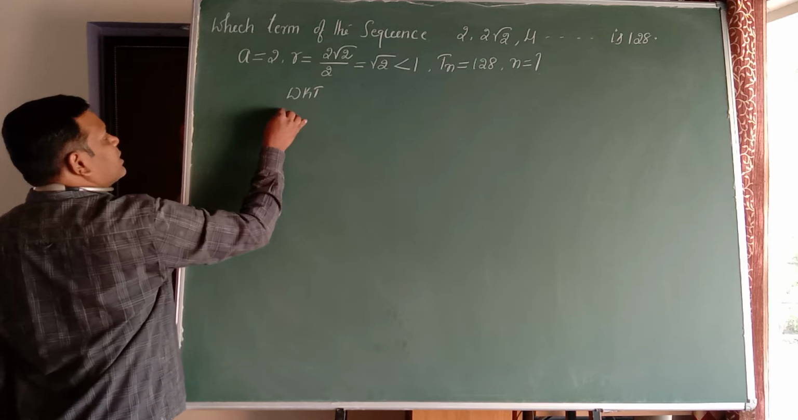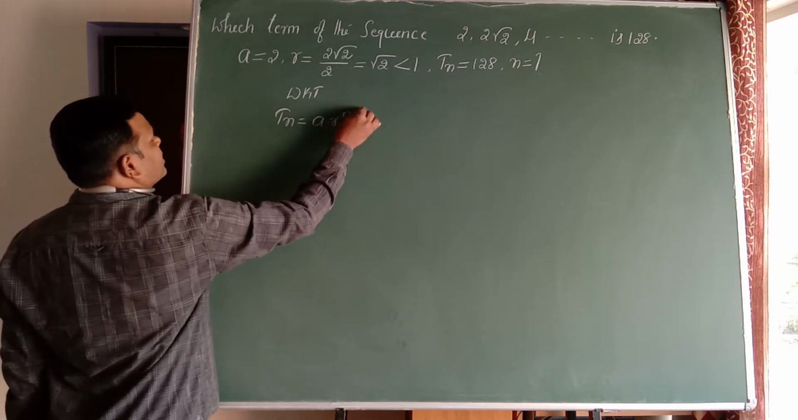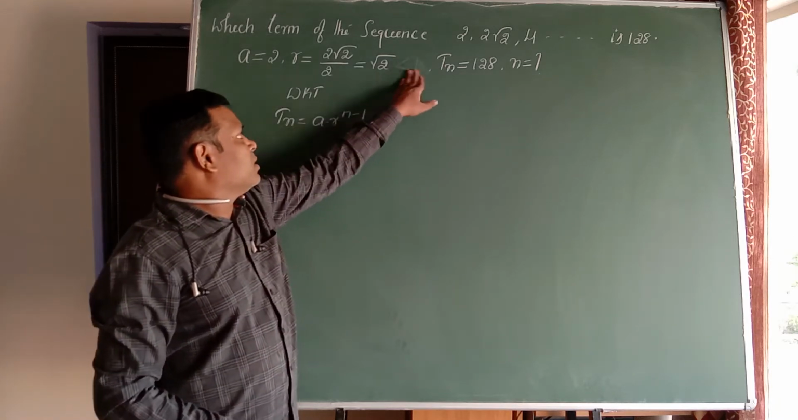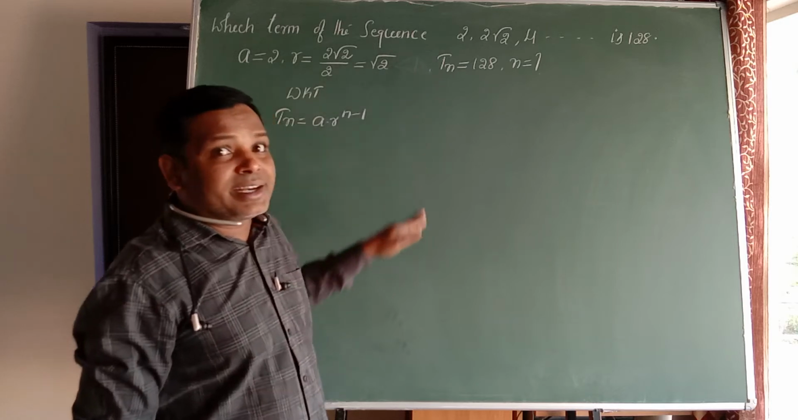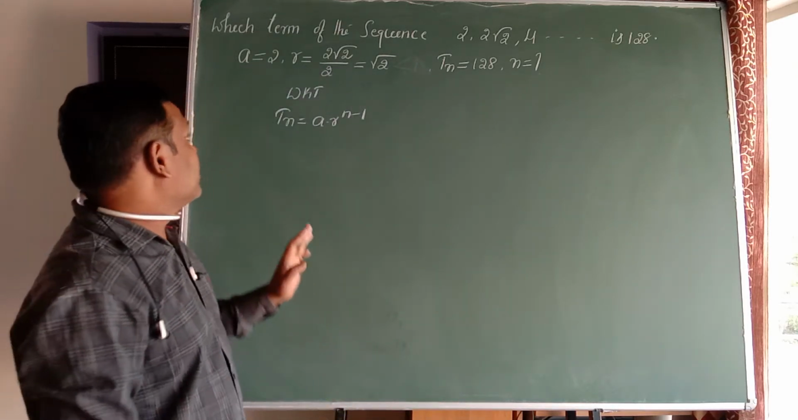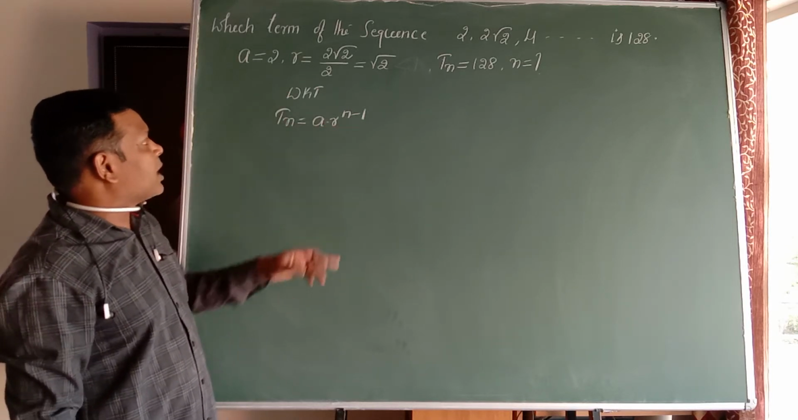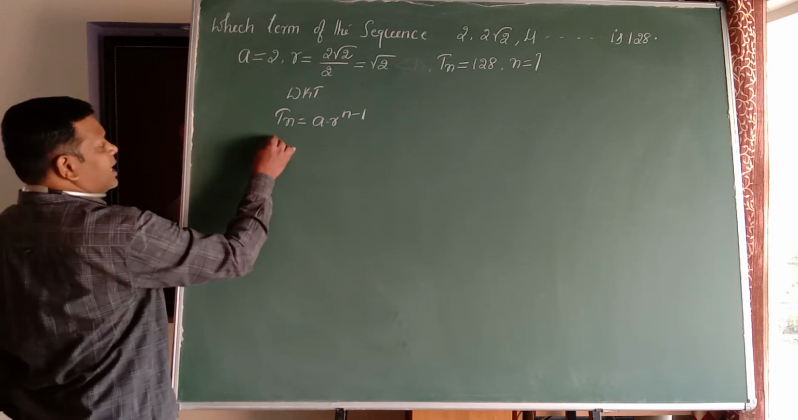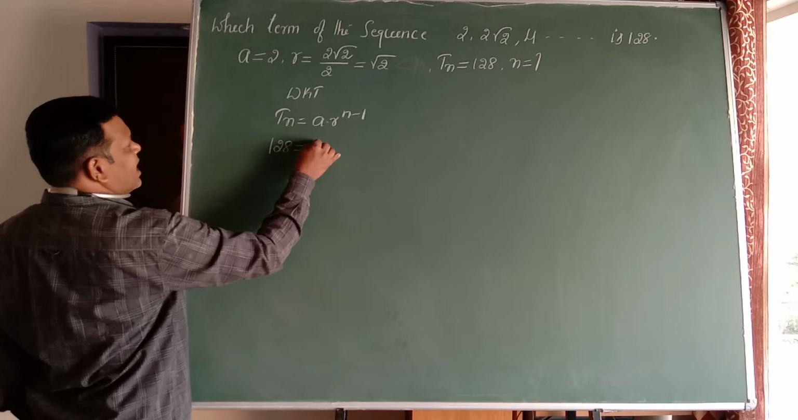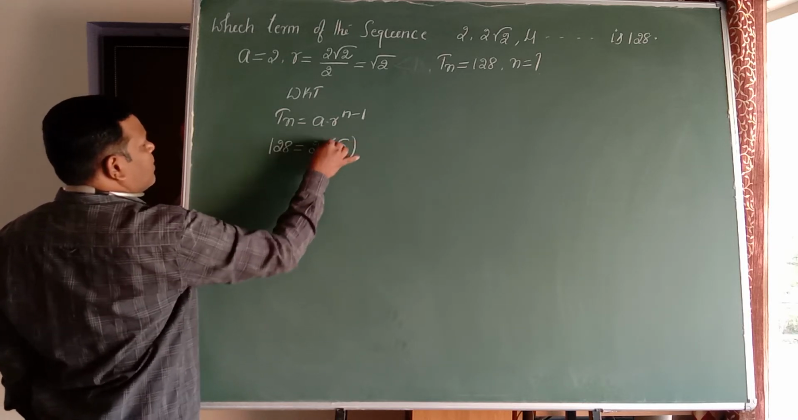So now use the formula. We know that Tn is equal to A into r power n minus 1. Here the value of r is not needed. Whether r is less than 1 or greater than 1 is needed when we are going to find out the sum of the terms. Got my point? Now Tn is 128, equal to A, which is 2, into r, which is root 2, whole power